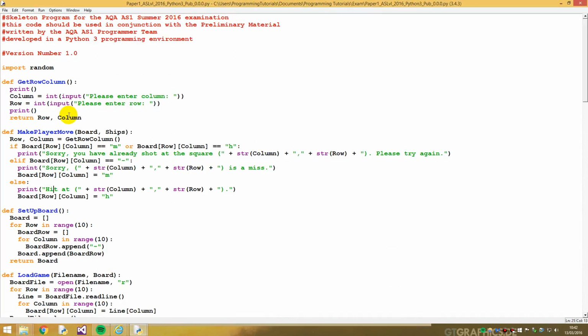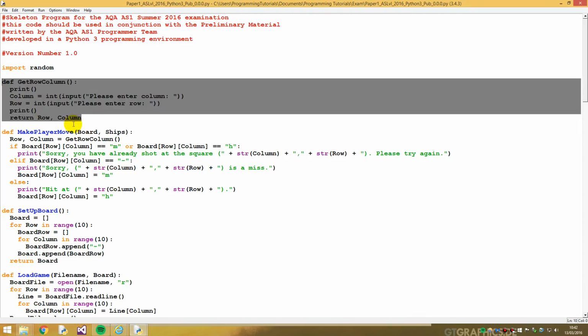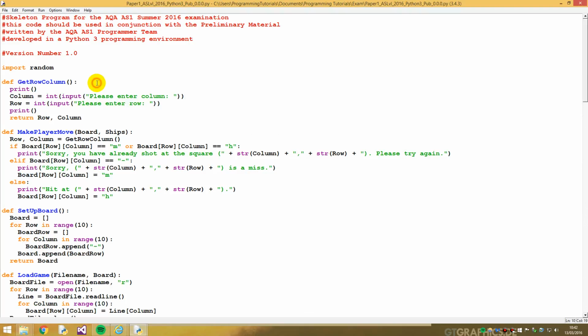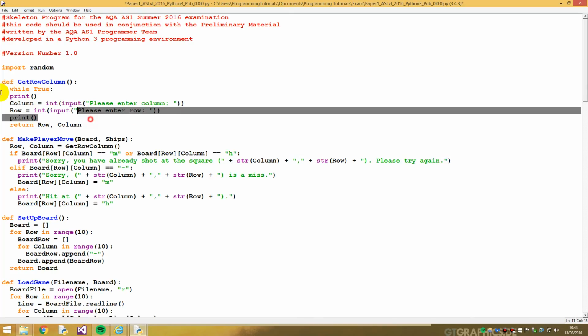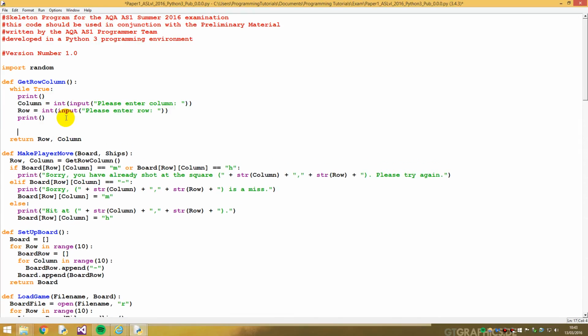The column and row is actually the first subroutine already in the skeleton program. And all you need to do is add some if statements to make sure the user does not enter anything less than 0 or greater than 9. So what I think would be best is if we put this under a while loop, and we just indent all of this part, and we say if column or row,